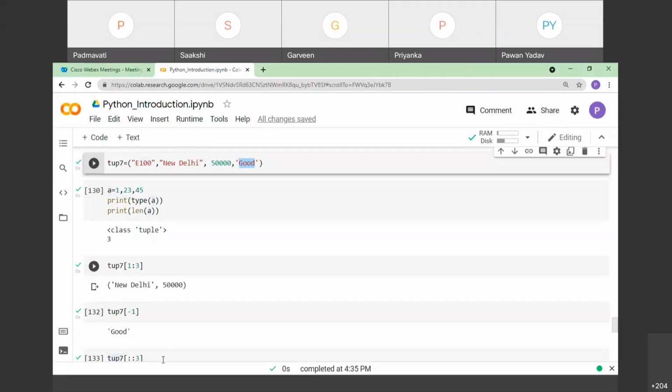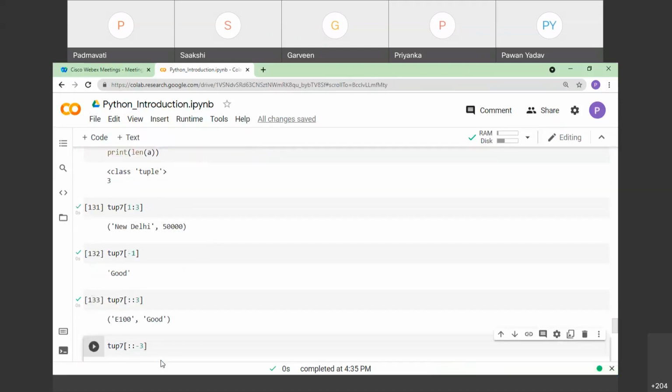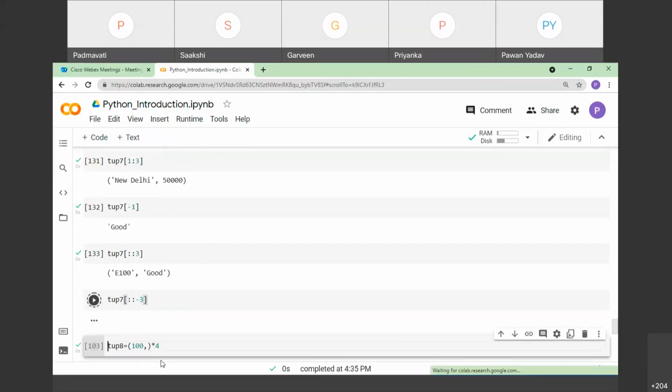Every third element will get printed. Similarly, in a reverse way, if I want to print every third element, I will use the minus sign. Fine, correct?